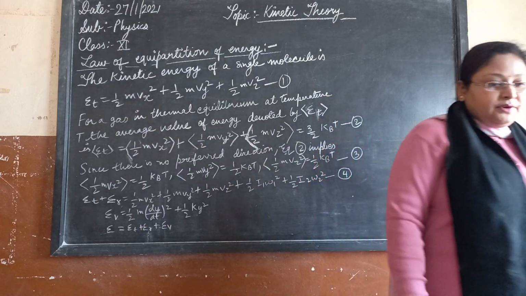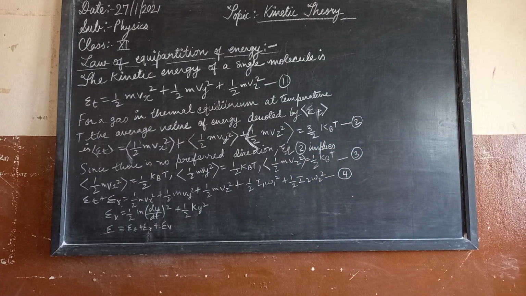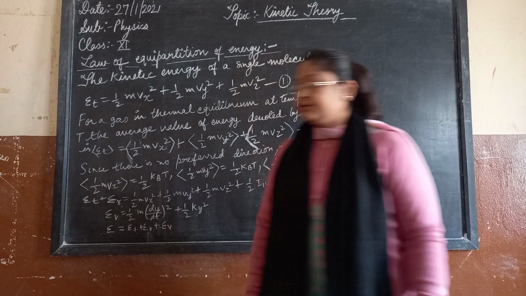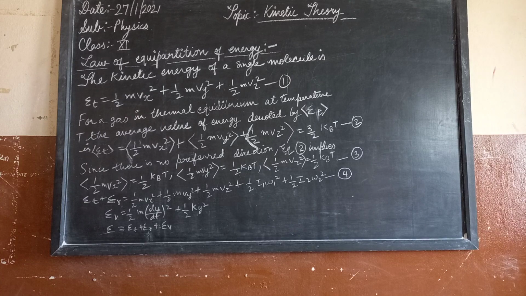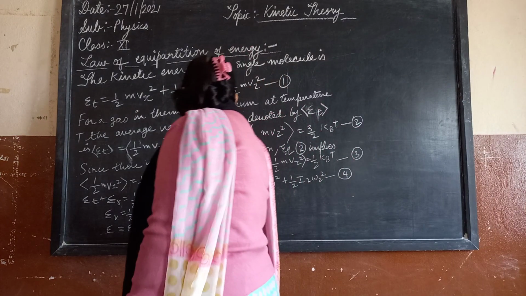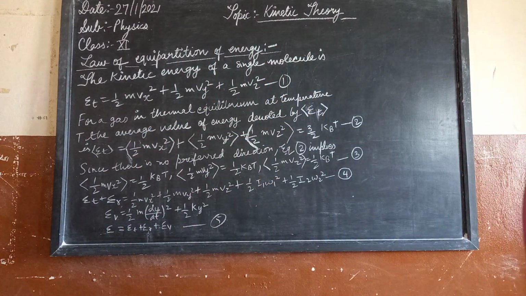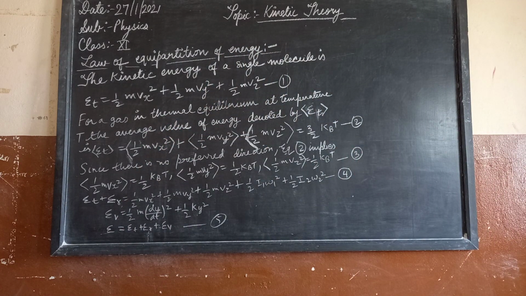Now we have already told you about the O2 molecule, the CO molecule, where the atoms rotate and vibrate like a one-dimensional oscillator, and thus the energy is given by E equals Et plus Er plus Ev, equal to this particular equation. This is equation number 5, where K is the force constant of the oscillator